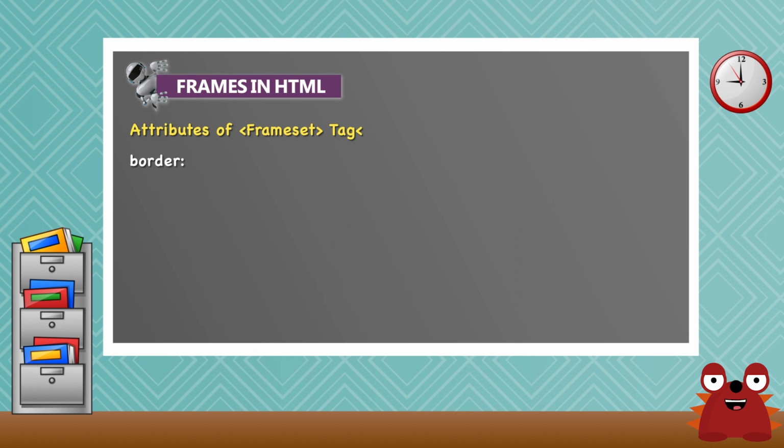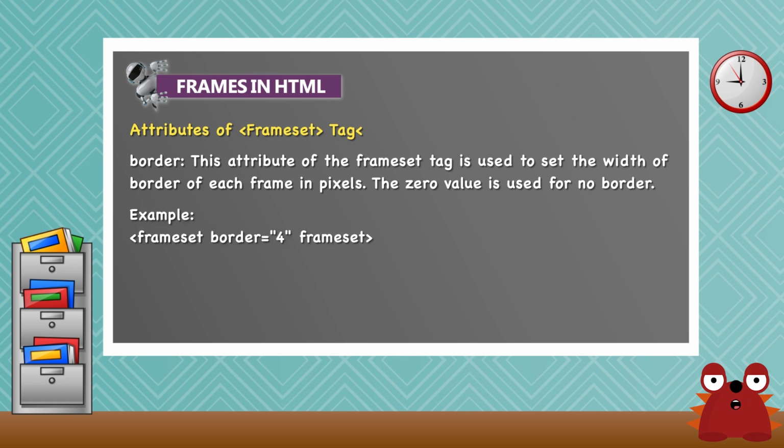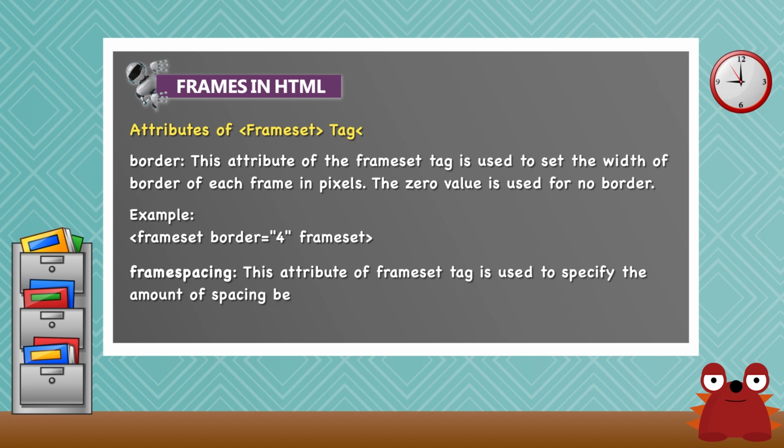Then, the border attribute of the frameset tag is used to set the width of the border of each frame in pixels. The 0 value is used for no border. This is the example. Next, the frame spacing attribute of the frameset tag is used to specify the amount of